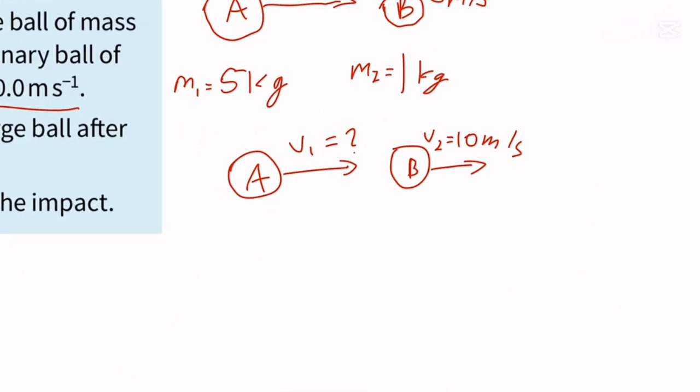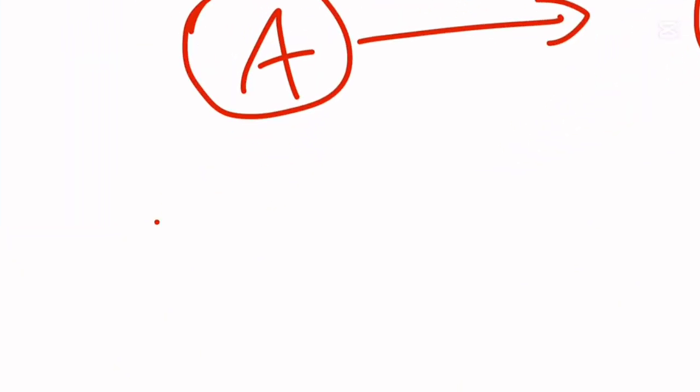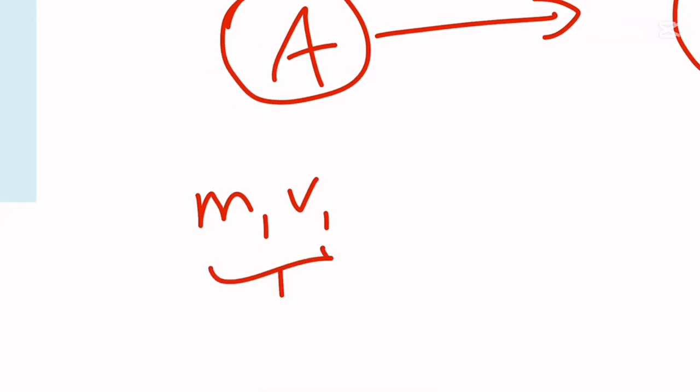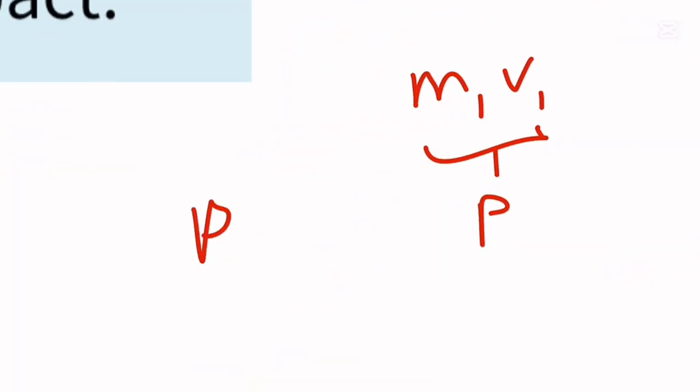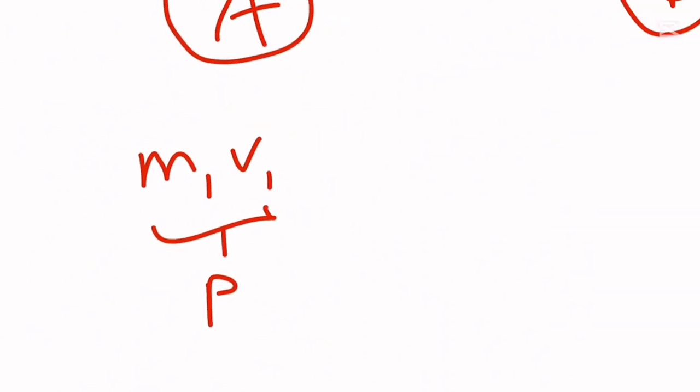Okay, so now we can do it like this. M1 U1, which is basically momentum, right? The formula for momentum is really equals mv. So the momentum plus M2 U2, my bad,